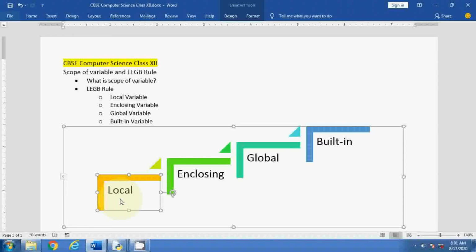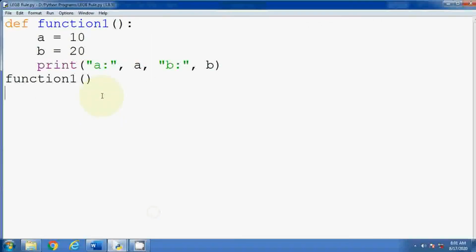Similarly in Python, we apply something like an STD code to access some other variable, but for a local variable you can write the variable directly. See, here I have prepared one example. I have declared A equal to 10 and B equal to 20. Whenever I use these variables, no keyword or anything else is used.